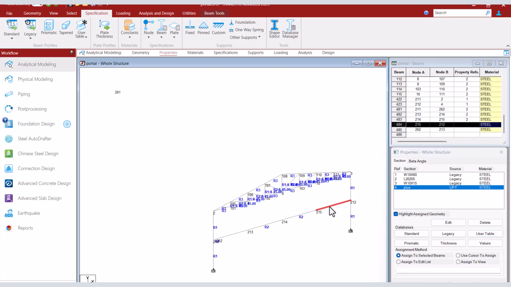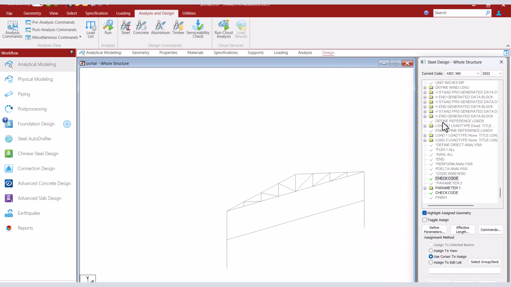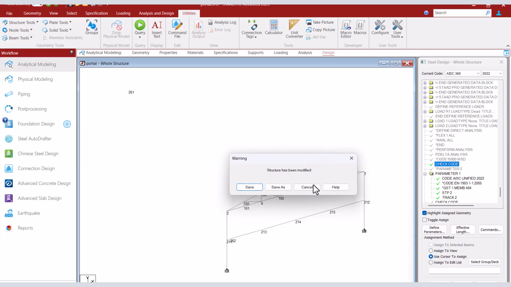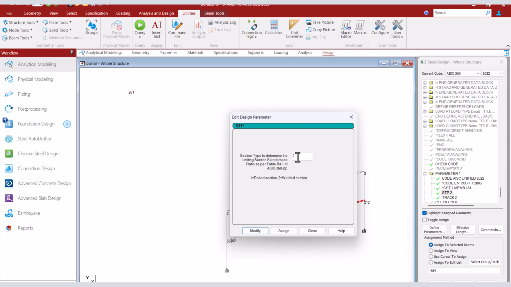So I'm assigning to these two members. And the design code that I have already selected is, yeah, this is for the American standard, that is the AISC code. So here we would select STP 2. Okay. STP is a specific parameter meant for the AISC Indian code to instruct the program that the member